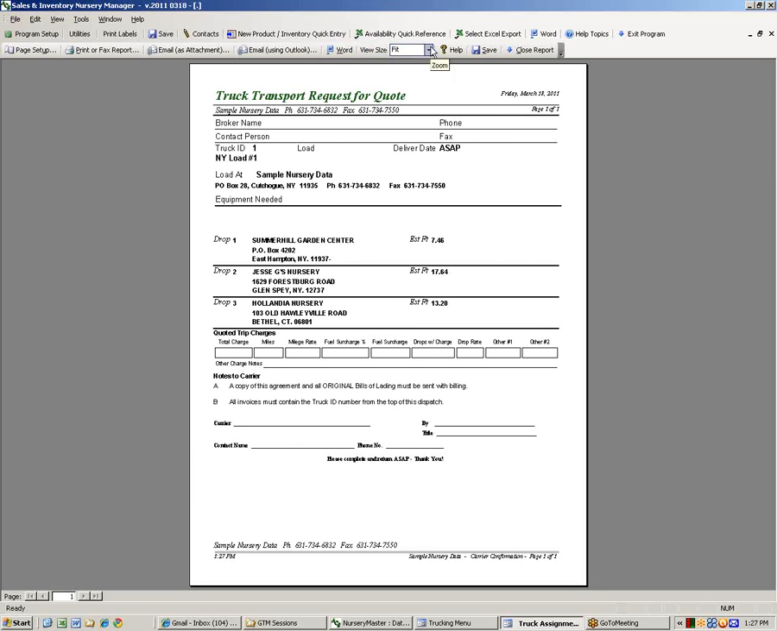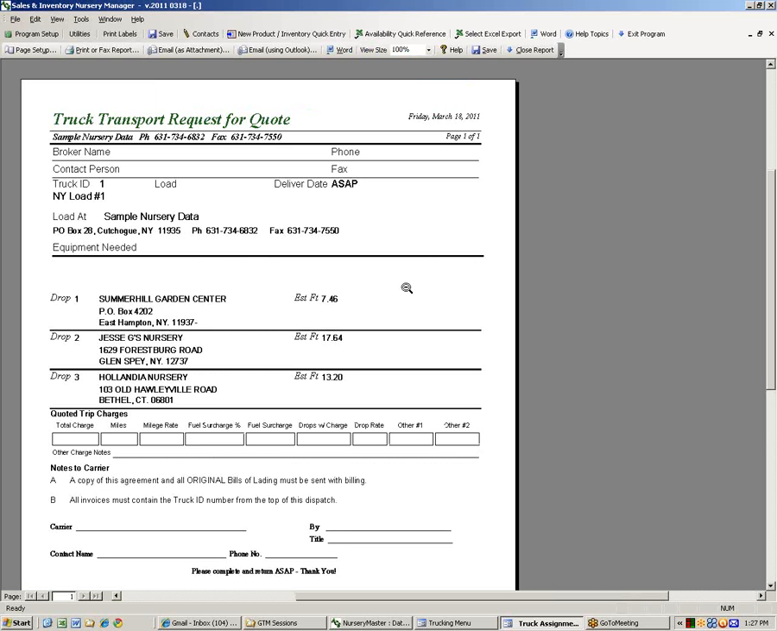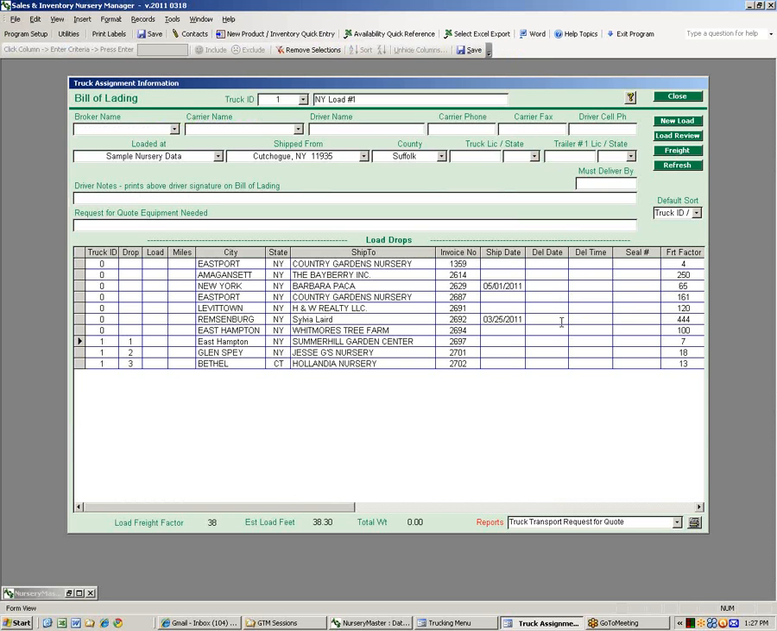I'm going to make this a little bigger so that you can see it. At this point, it's sample nursery data, and it tells me a little bit about these drops and how many feet are on, but it doesn't give phone numbers and it doesn't give a lot of information. It does request price information here, and it asks for the trucker to sign it. So what I would do with this is print this particular report out and then fax it out to a number of trucking companies